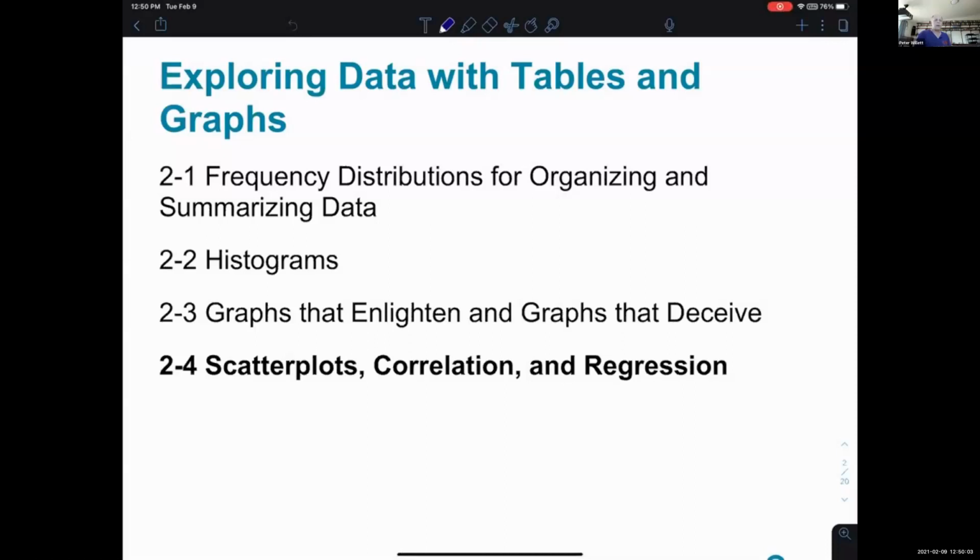And then in my morning class today, we looked at graphs that enlighten and graphs that deceive, which basically introduced a half a dozen other new types of graphs and ways of presenting and organizing data, and looked at a couple of ways that graphs might be made that are actually not clear and even deceitful in how the observer views them. And then we finish off today introducing in 2.4 scatterplots, which is another kind of graph, correlation, and